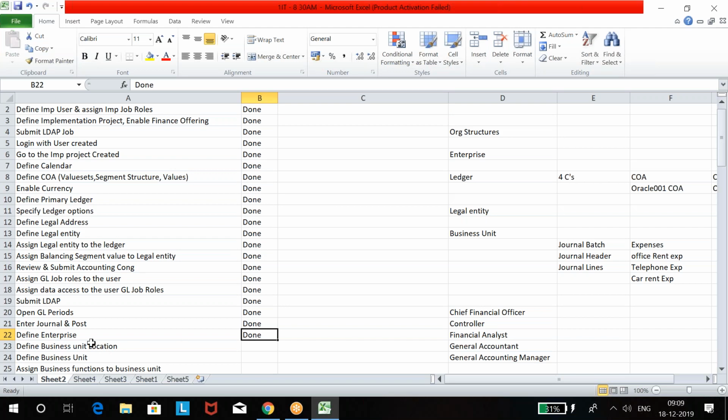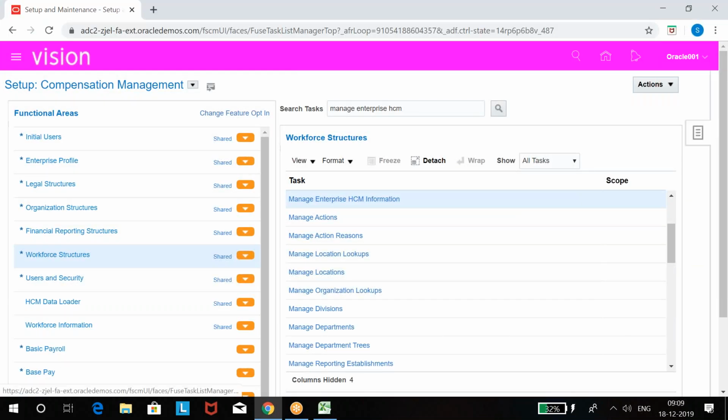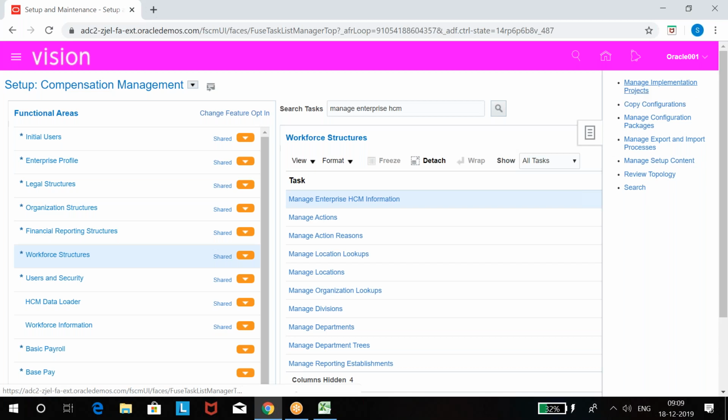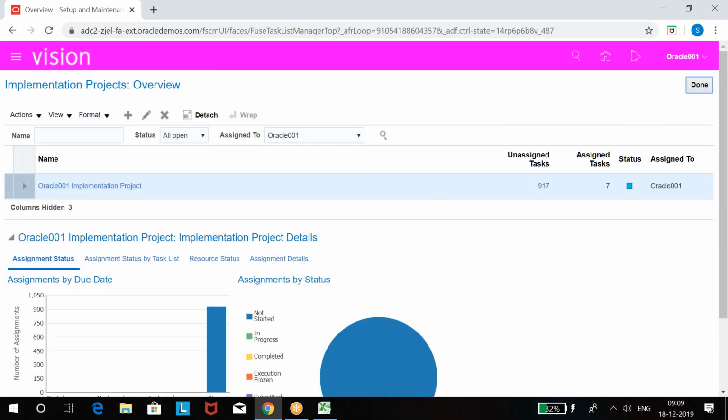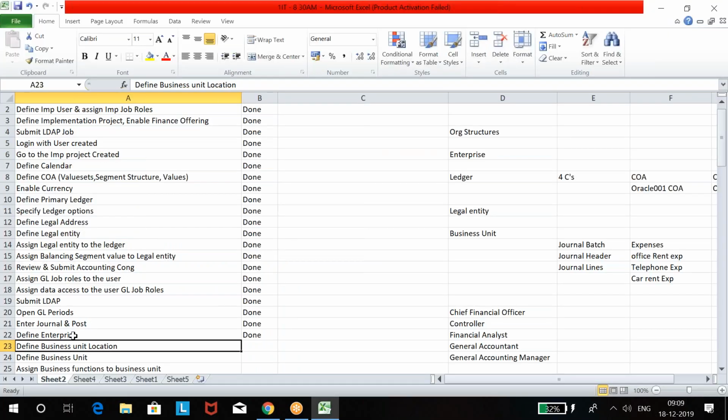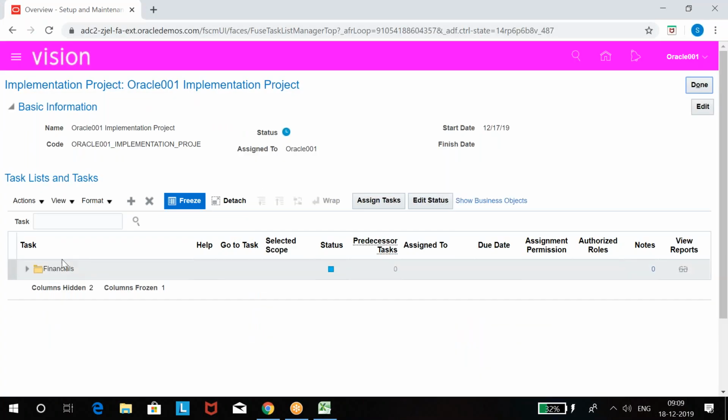Okay. Now next we are going to create the business unit. To create a business unit, see, a business unit is nothing but a branch, or you can say a business location. So every branch has an address, right? So the address we need to create first for the business unit. Go to Project, you can do it from the project. See, this part I have not done from the project because that comes under HR. That's why I did it outside of the project. Enterprise definition, I did it outside of the project because this comes under HR and we don't have HR, we have only finance. That's why I did it outside of the project.